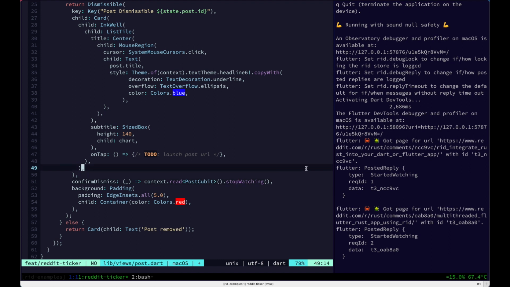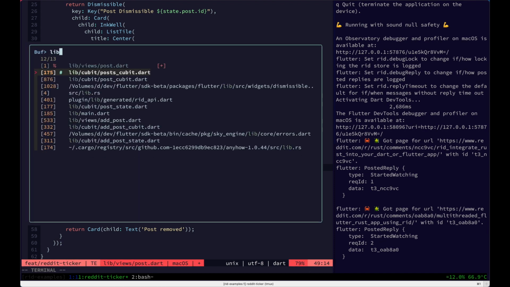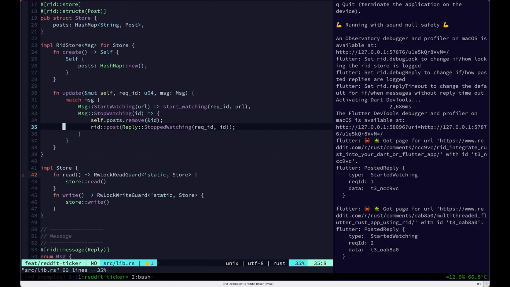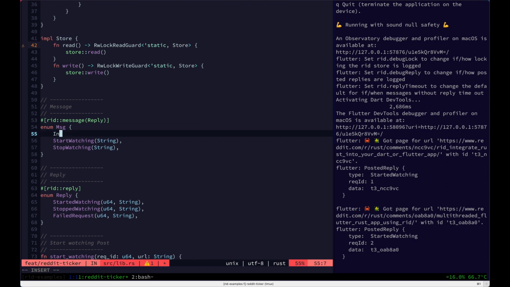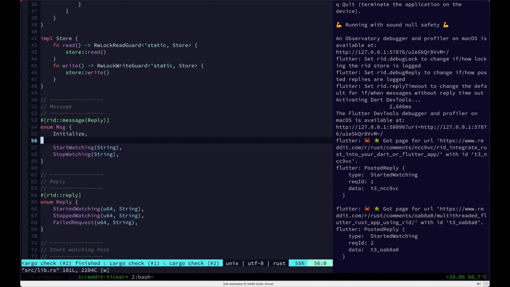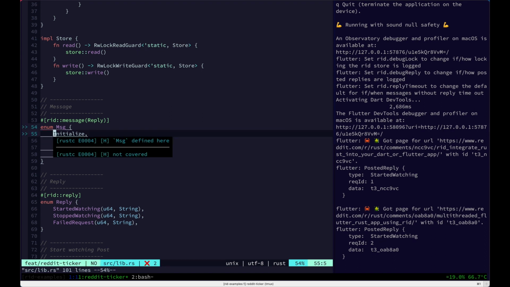As you could see though, our posts still show no scores, so we need to implement the actual polling of scores. So for that, first let's jump back to Rust. And in order to start watching scores, we're going to add a message called initialize. And the reason why we initialize, we could say, well, why don't you just do that when you create the